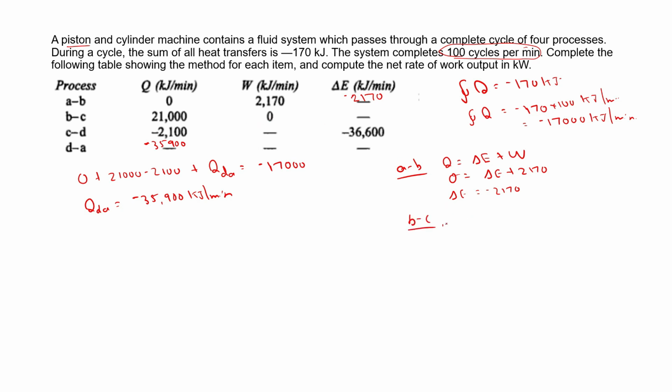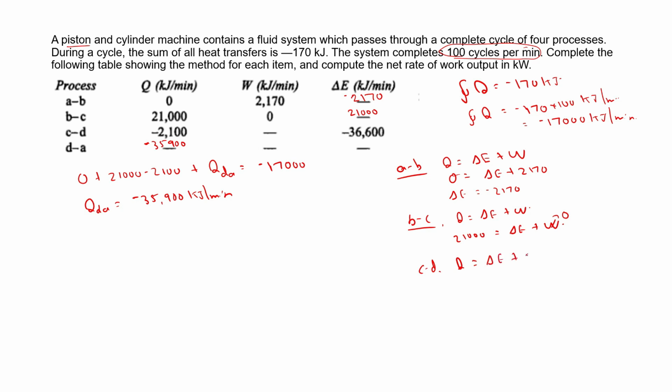And here for process BC, you have Q is equal to delta E plus W. So Q is equal to 21,000 is equal to delta E plus W. Okay, so W is 0. So delta E is equal to 21,000. Okay. And similarly for process CD, you have